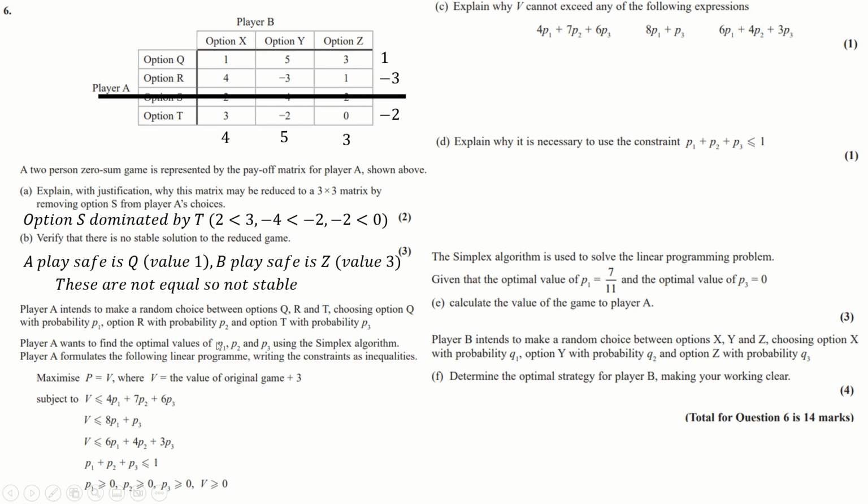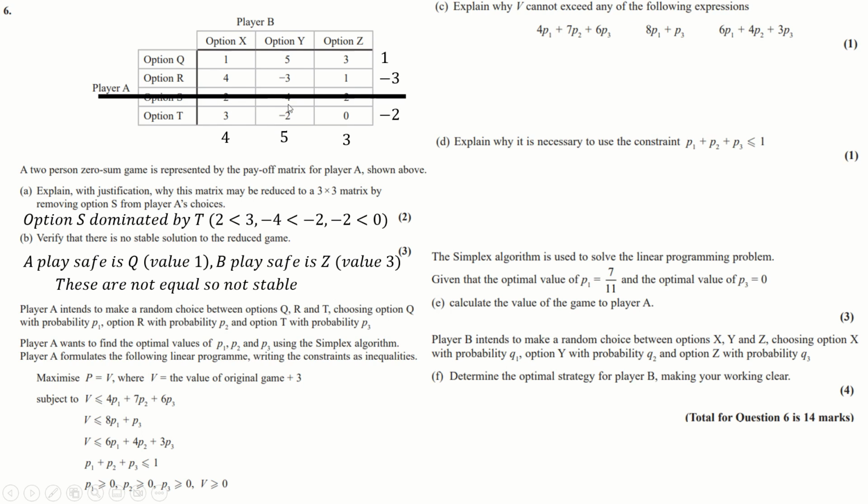So we model this in some linear programming. We get all these numbers. Now, the first thing to mention, and this will come up later, is where does this 4, 7, and 6 come from? Because you definitely can't see in these tables. But when you're modeling the simplex algorithm, you can't have any negatives in the table. So what they've done is they've added 3 to every single